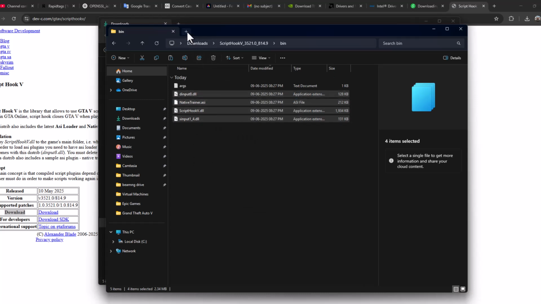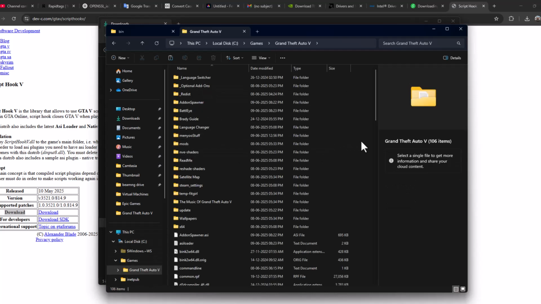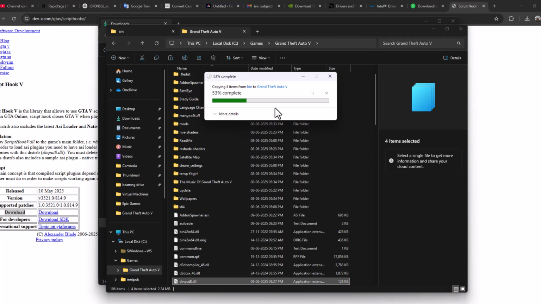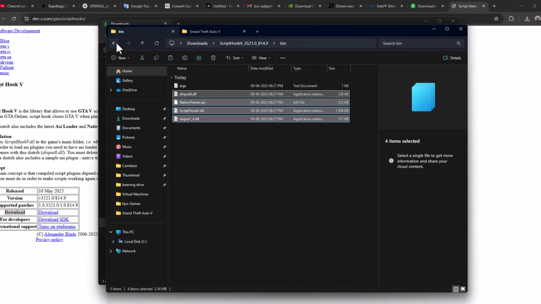After copying these files, open up a new tab and navigate to the game folder. Paste the files we copied. Replace the files in the destination. You just need to select that. And then go back to downloads